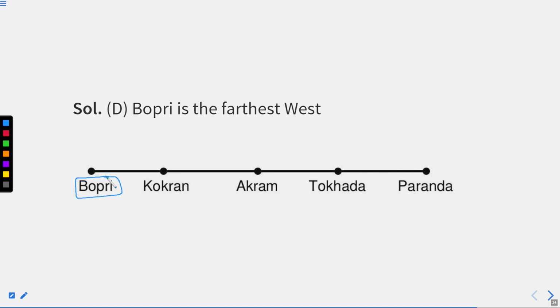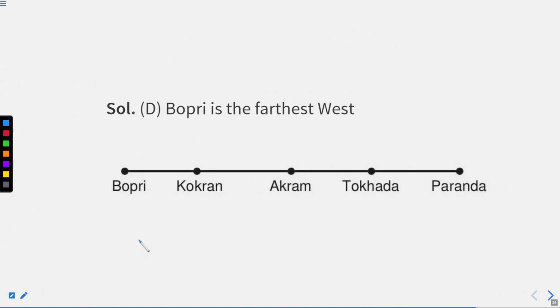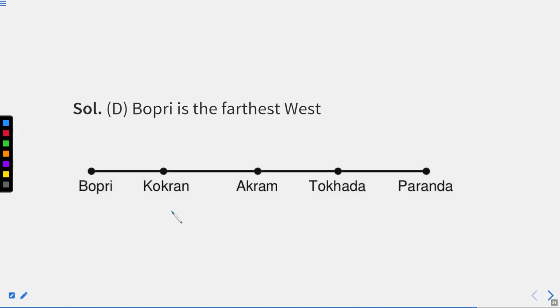I hope you got this question as well. That is option number D. You can see here as well, right? So we have already completed this question. This is the first time that we are dealing with a question involving 2 directions, that